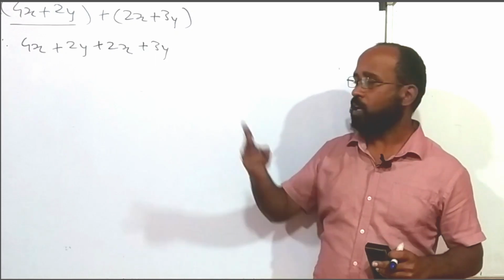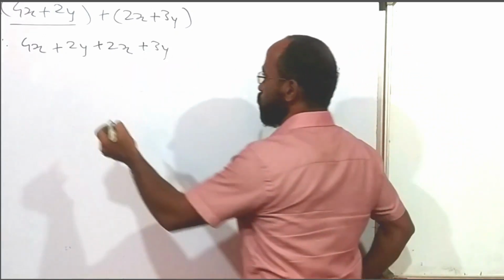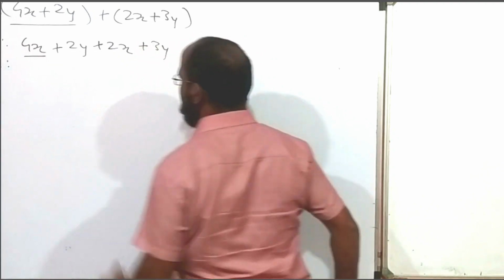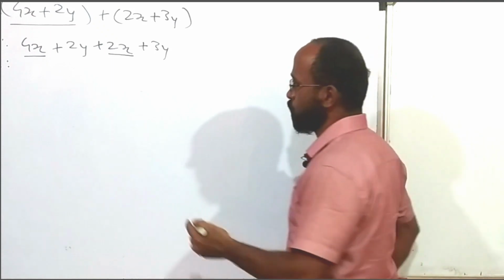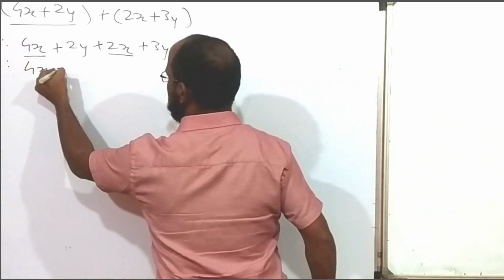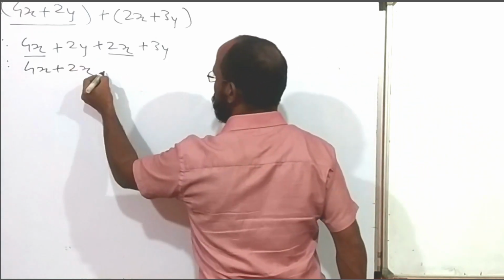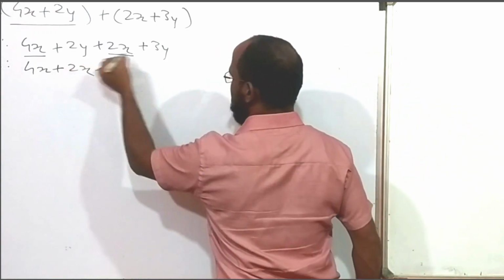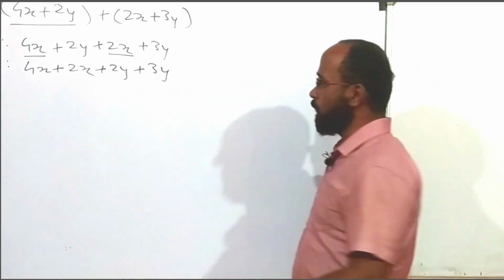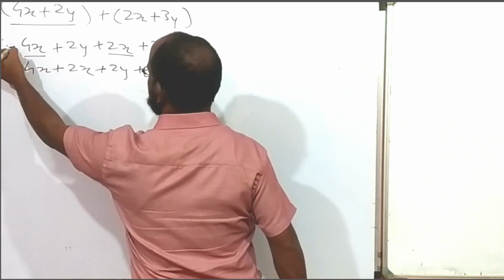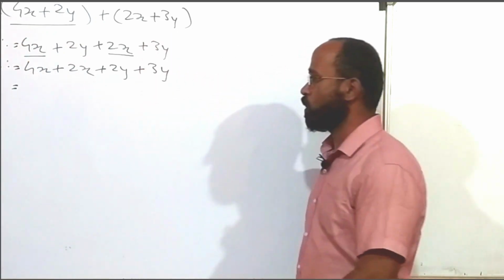Second step, arrange them according to like terms. Okay, so 4x. What is the like term of 4x? That is nothing but 2x. So arrange them together. Therefore, it will be 4x plus 2x. Clear? Next is 2y plus 3y, whose like term is plus 3y. Got it? Therefore, it will be equal to